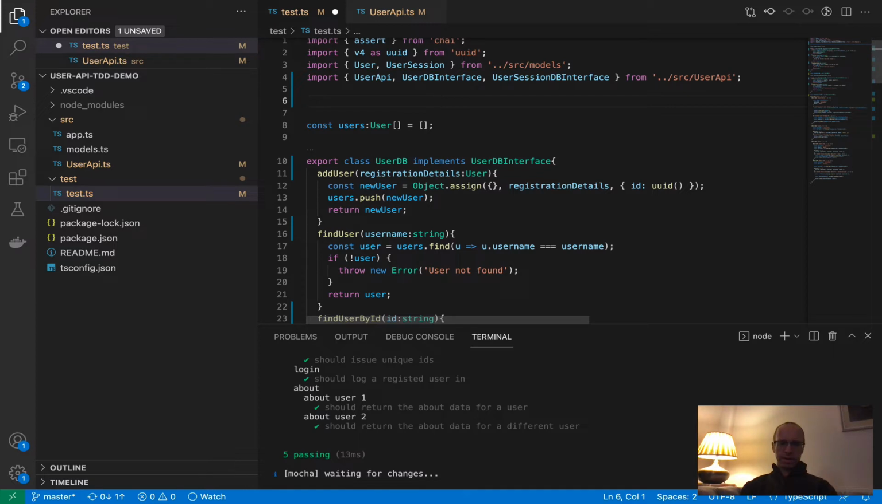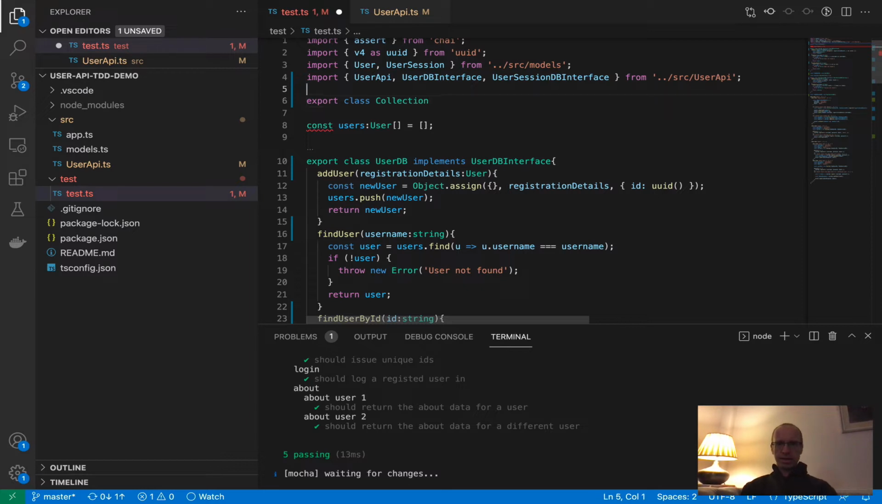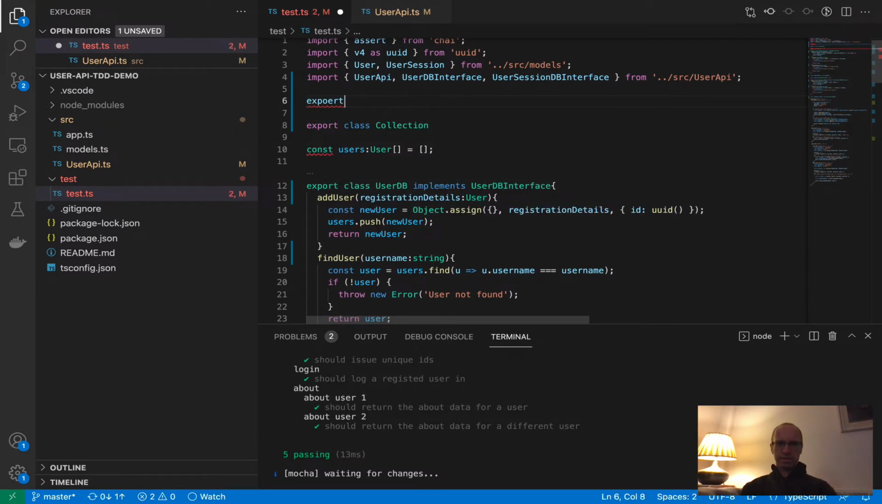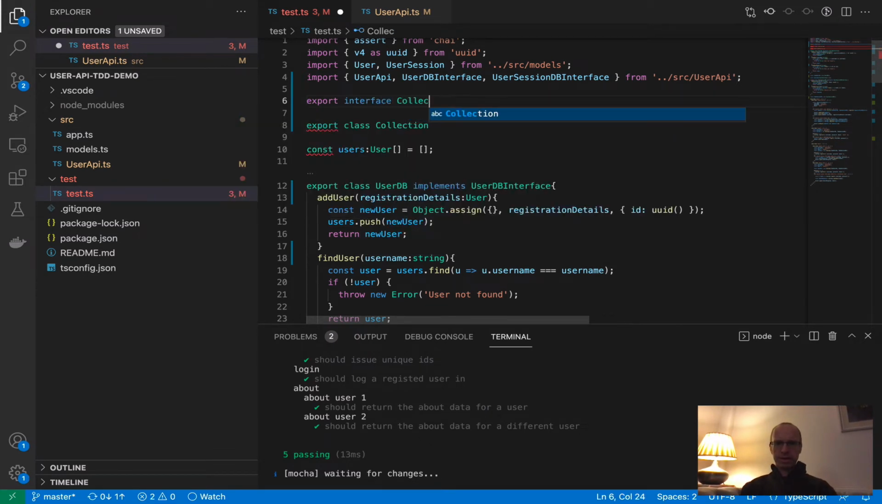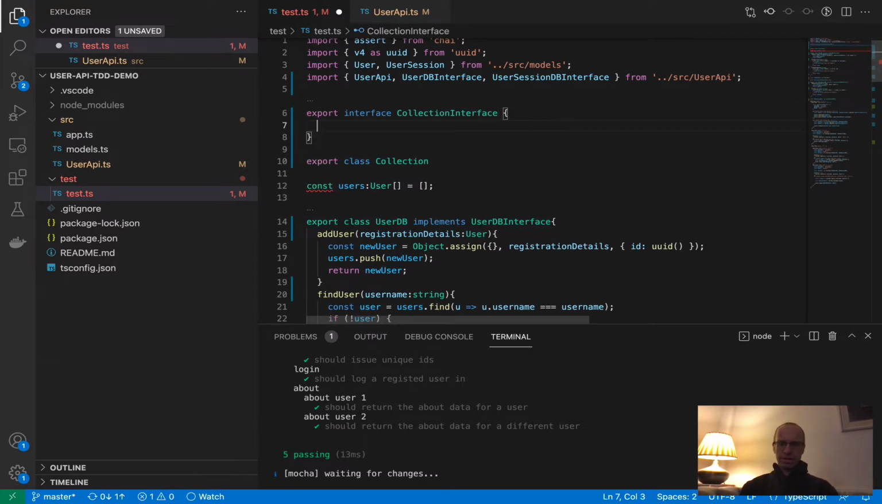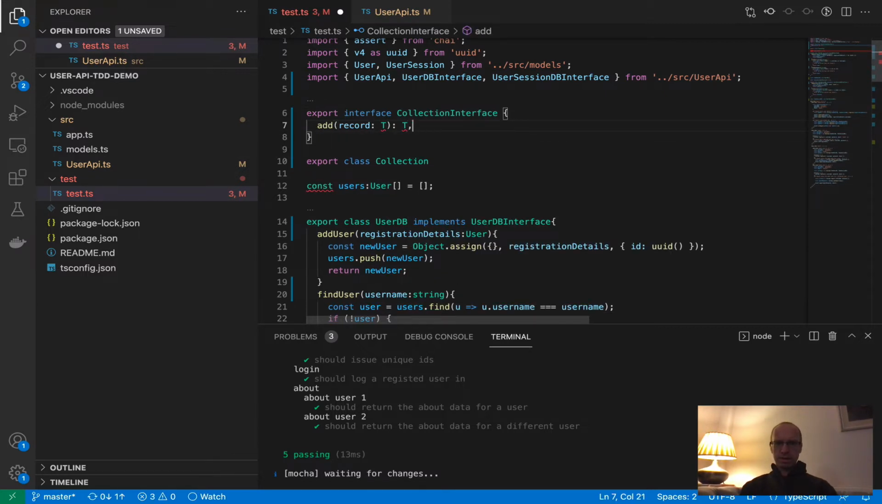So I did something along the lines of export class collection, and I think I needed to do an interface at the same time. Interface collection, and that's going to have add, which will take a record of type T, and it'll return a record of type T, and we're going to